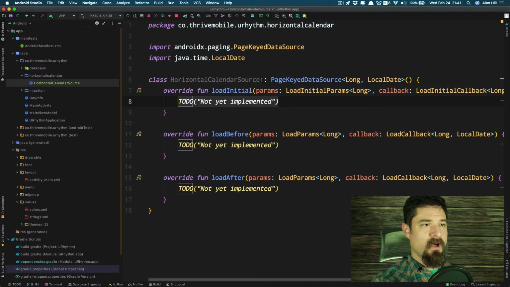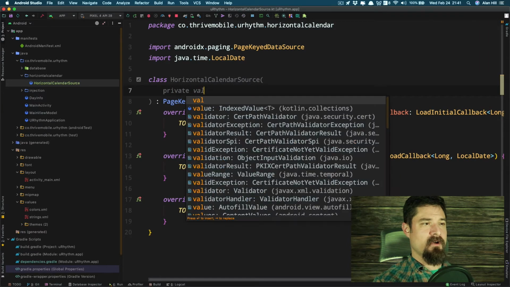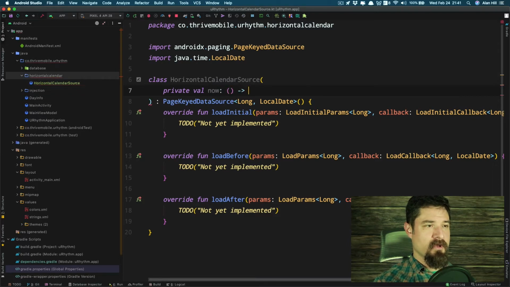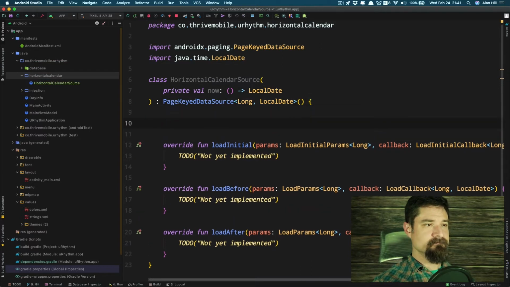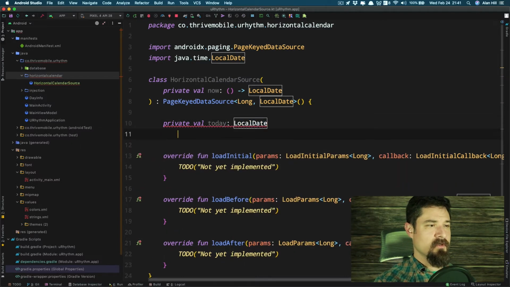Okay, what do I need? Well, at the moment I actually need the current date. So what I'm going to say right here is private val now, and it's going to be our nice little function here, our lambda, to get the current date. And then I'm going to say private val today, which returns a local date, get,